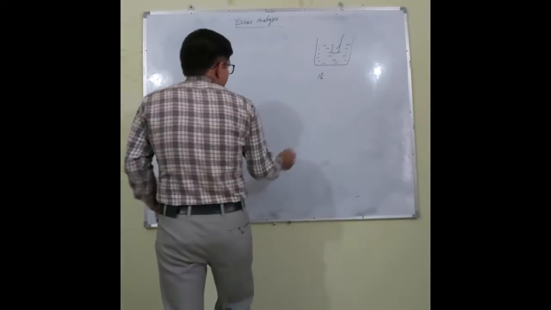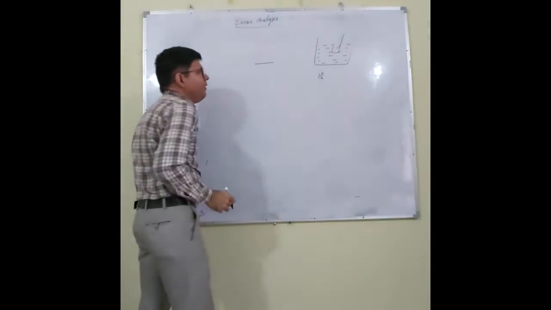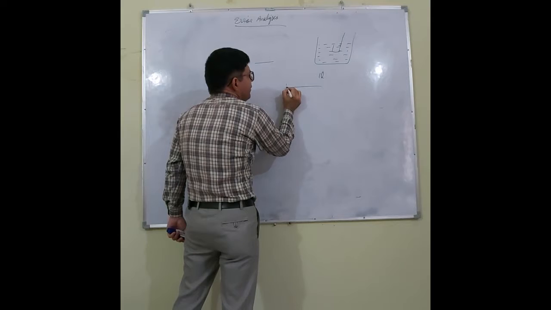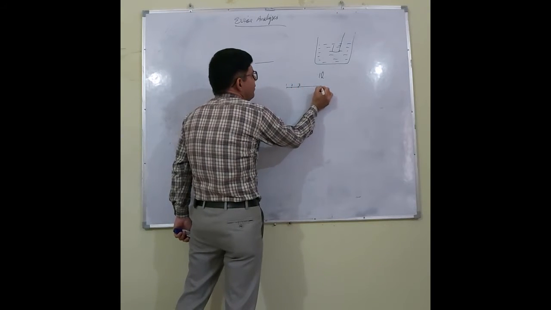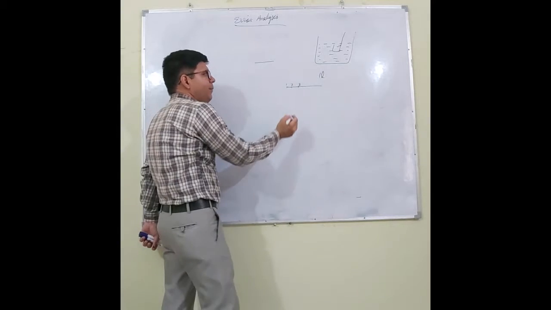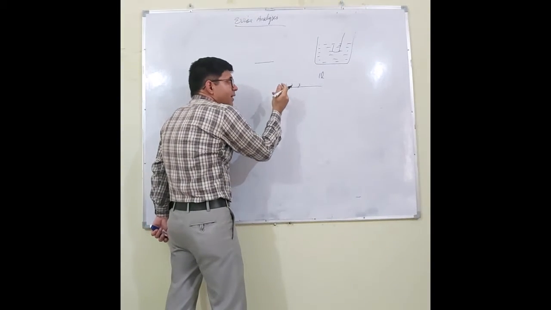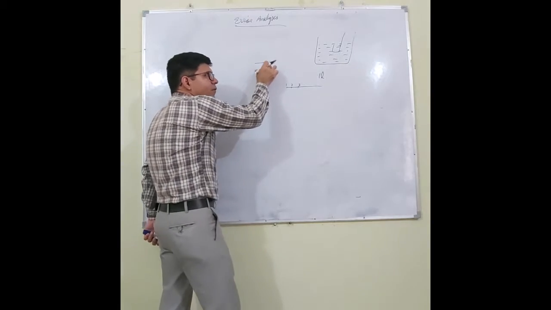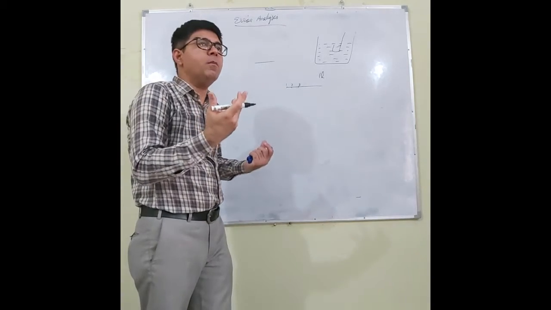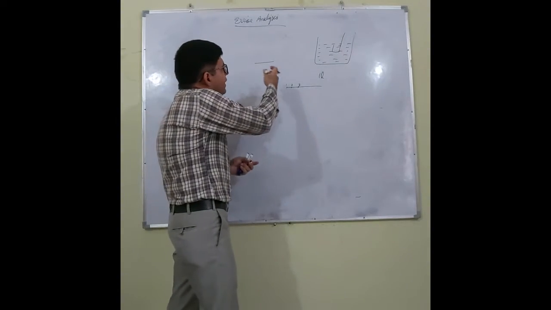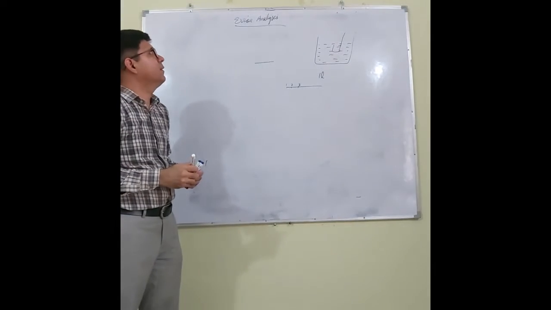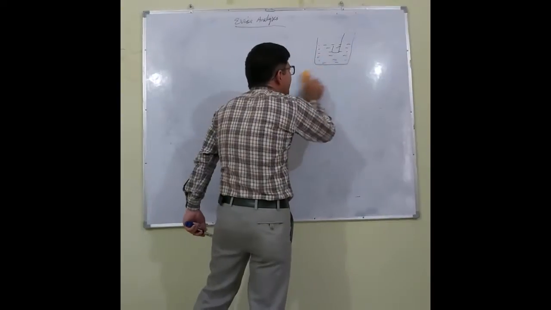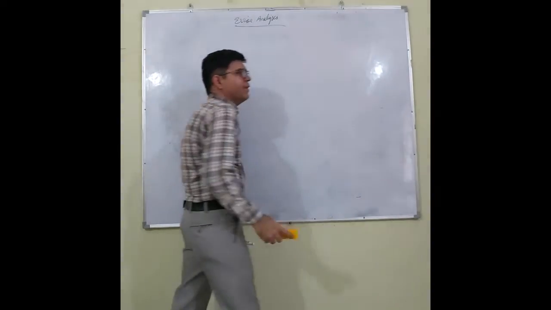And if I ask you to measure the length of this line, and I give you a broken scale, let us say it is 1 centimeter, 2 centimeter, 3 centimeter, and so on. Why a broken scale? Because the correct scales start from 0. It is starting from 1. So whatever reading you get, it will be 1 more. So there is an error in the length. Now, what is error? Error is the difference between the actual value and the measured value.